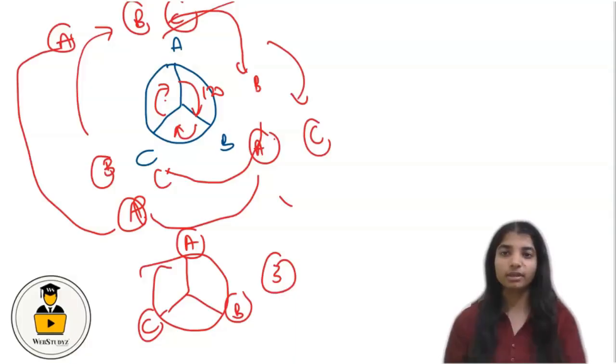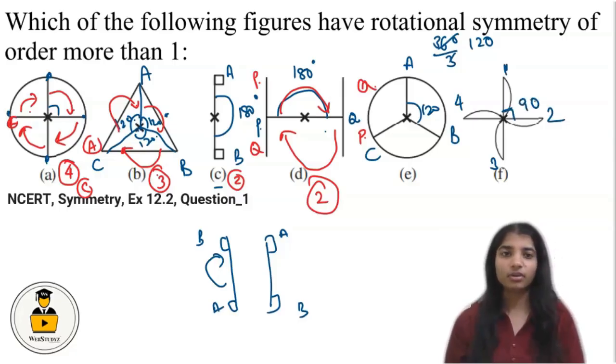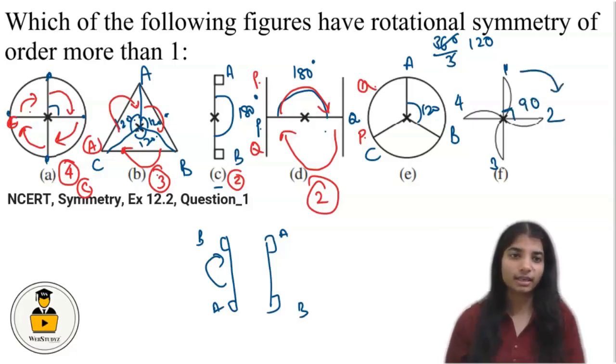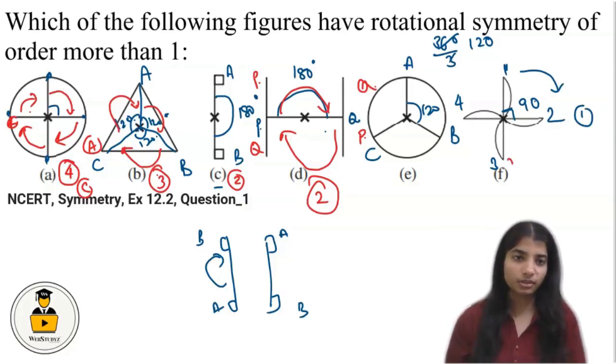Now we are left with one part. So this is our figure F. Let's say this is 1, this is 2, this is 3, and this is 4. Every angle is of 90 degrees. So if we rotate this initially by 90 degrees, angle 1 will be here, 2 will be here at the place of 3, and 3 will be here,